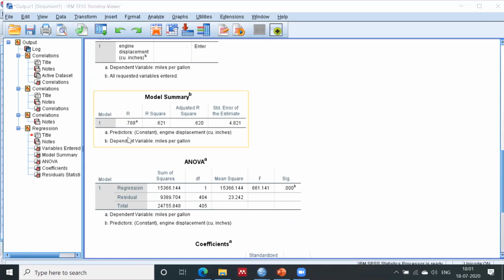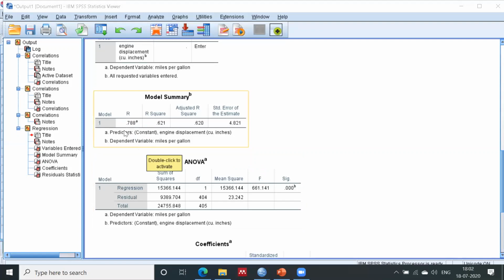What does this R show? No. R is not the residual value. In the regression model, yeah, correct. So R is your correlation, right? This capital R, the correct name is correlation coefficient, right? So this is your correlation. The capital R is free from plus and minus. Make sure it is capital R and this is free from plus and minus. It is modulus kind of thing, right? So it is minus, sorry, it is 0.788.